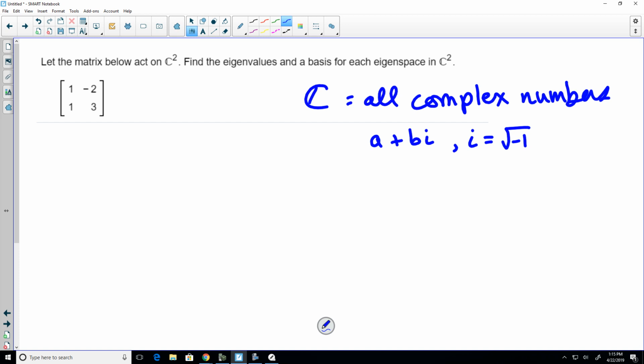So a and b would be real, but b times i would be imaginary, but b is a real coefficient. And a plus bi would be